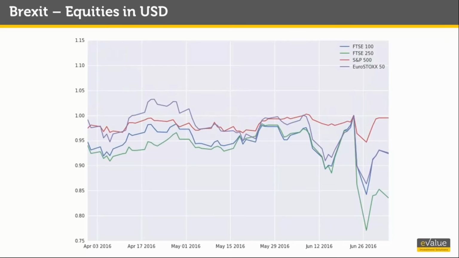For someone outside the EU, for example, a dollar investor, the US dollar perspective shows that the FTSE 100 has not recovered yet, and in fact is trading at almost 8% lower than the day of the EU referendum. The story is similar for the Euro Stoxx 50 index. The FTSE 250, which saw a dramatic fall post the Brexit vote, was at 1.25% lower than on the day of the referendum and is currently still trading well over 15% lower.